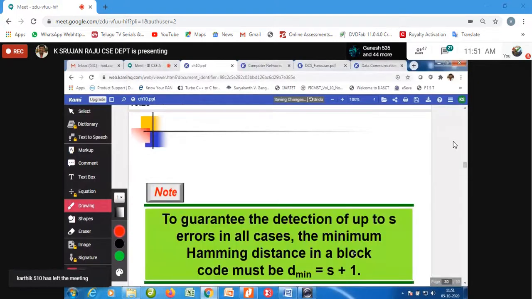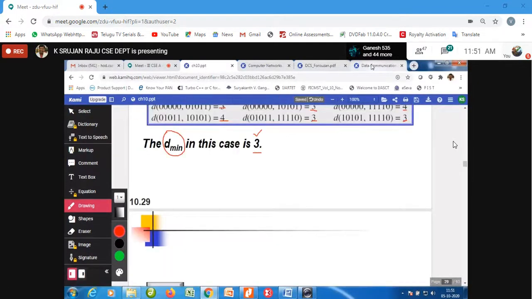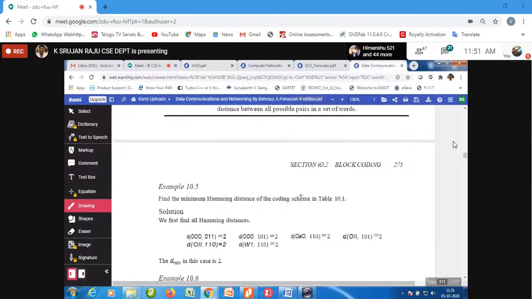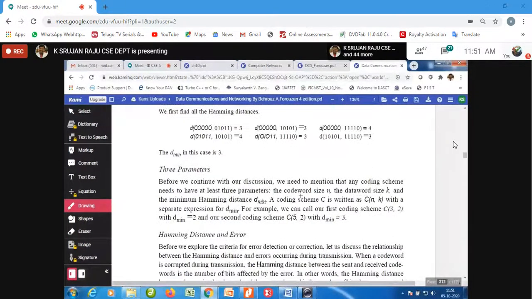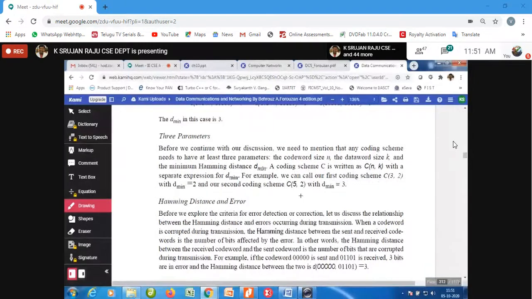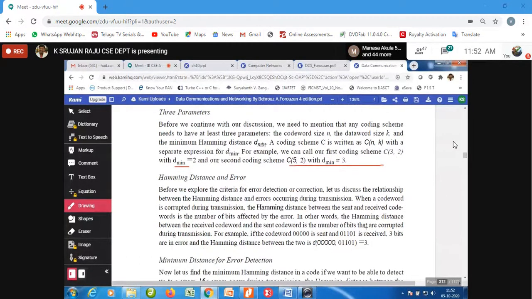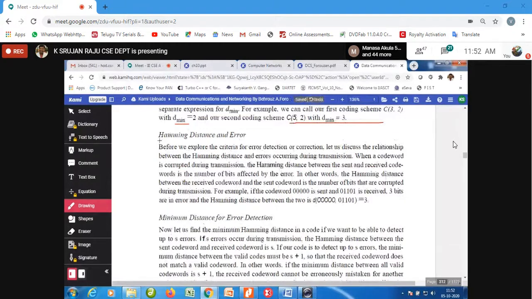So d min is 2 for the first coding scheme, and for the second coding scheme d min is 3. Now the main intention here is the relation between Hamming distance and error.